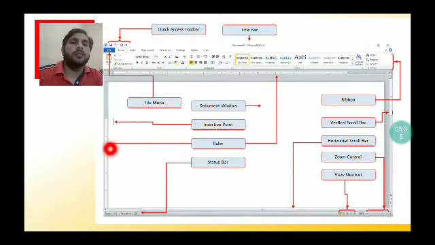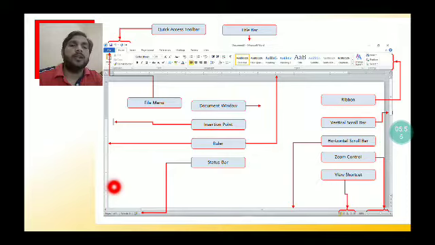And if we have to set the vertical alignment of the text, then means bottom and top margins, we can use this ruler.